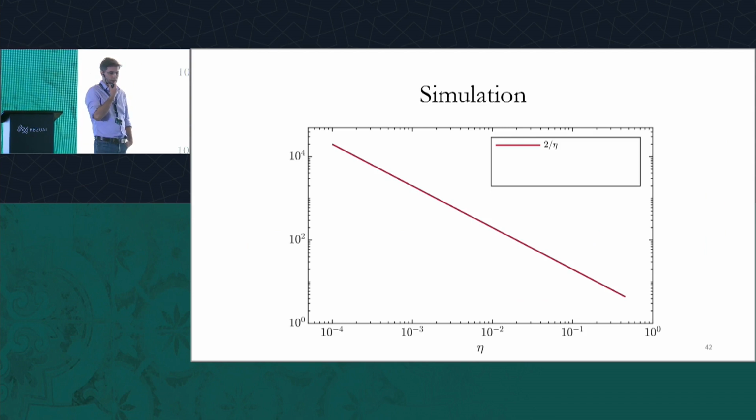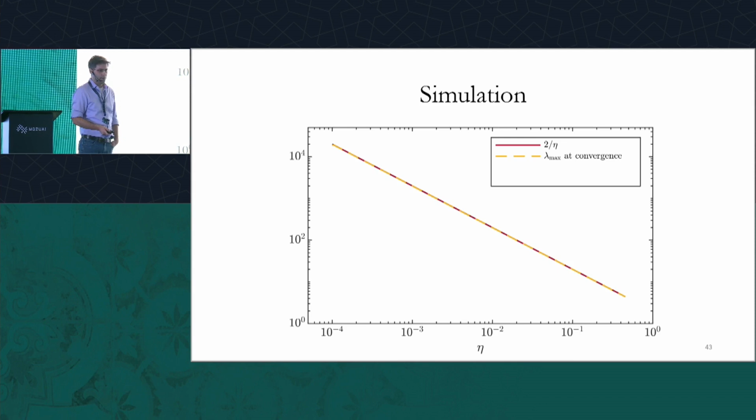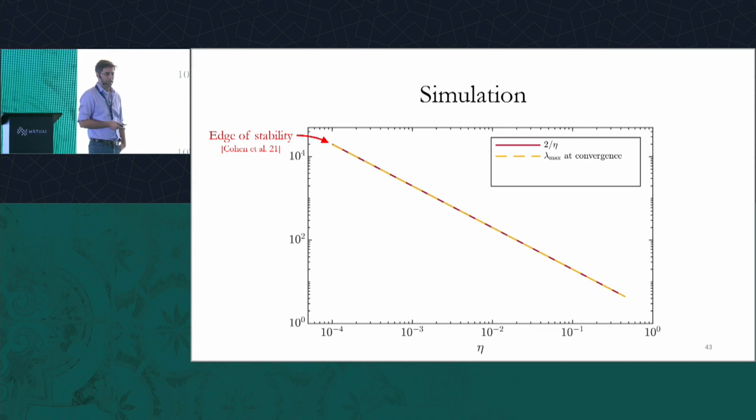Let's also look at a more specific comparison of the bounds, the things we bound. Here we have the x-axis, the step size, and we show 2 over the step size, this line. If we converge using a one hidden layer ReLU network, because of this property of edge of stability, which you might have heard about, popularized by the paper by Jeremy Cohen, the lambda max is sitting almost precisely on this 2 over eta. We sit almost always on this edge of stability after we converge.